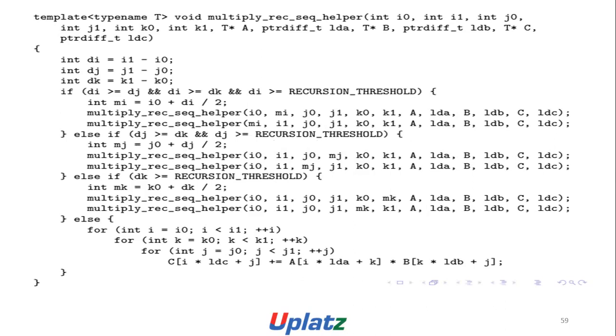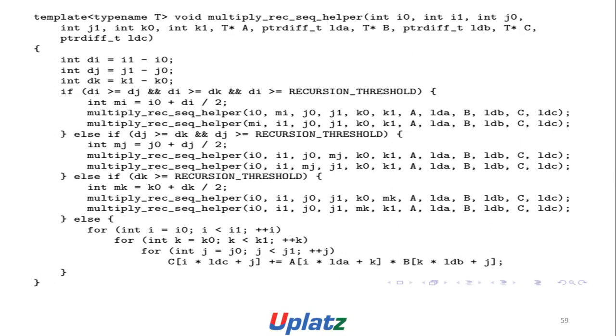If di greater than or equal to dj and di greater than or equal to dk and di greater than or equal to recursion threshold, int mi is equal to i0 plus di by 2, multiply recursive sequential helper i0, mi, j0, j1, k0, k1, A, lda, B, ldb, C, ldc, multiply recursive sequential helper mi, i1, j0, j1, k0, k1, A, lda, B, ldb, C, ldc. Else if dj greater than or equal to